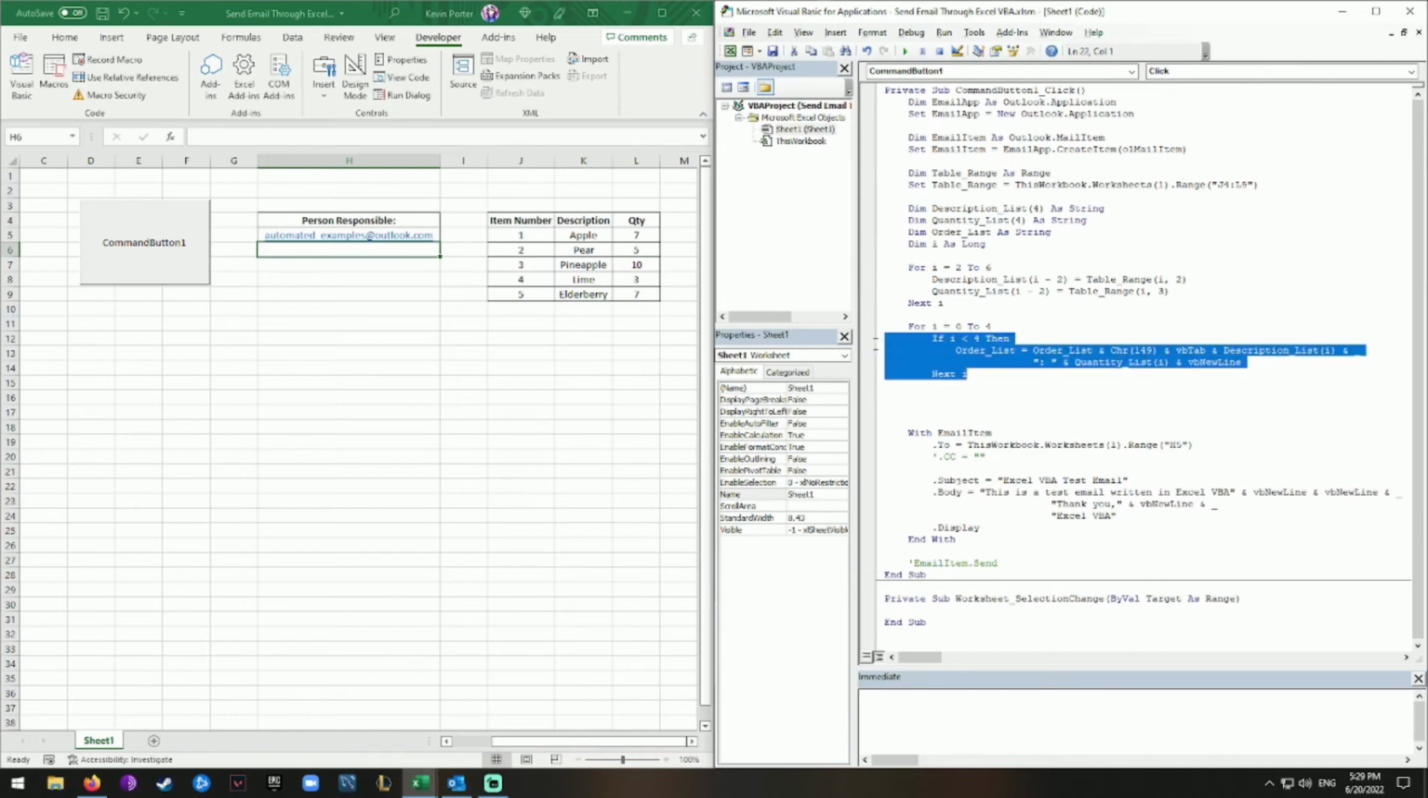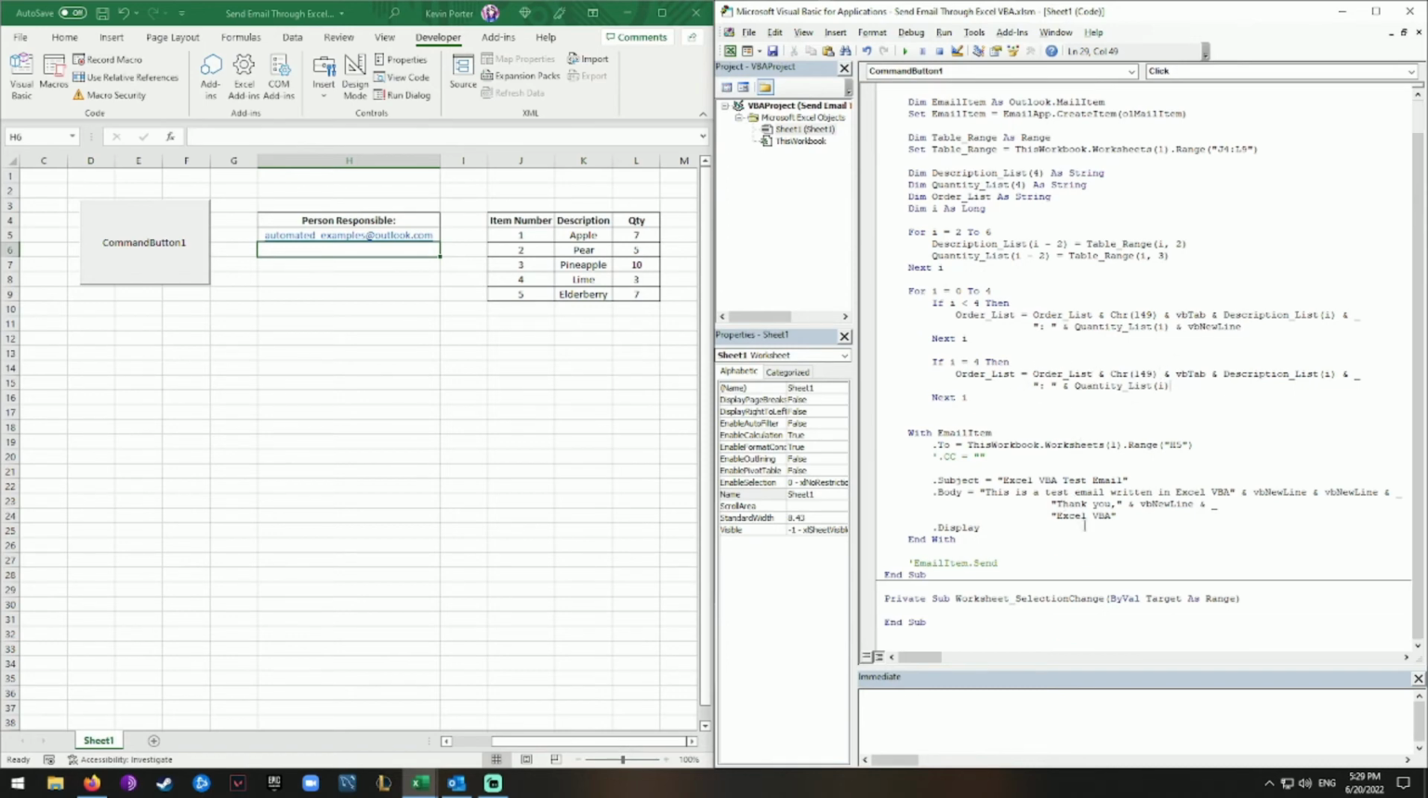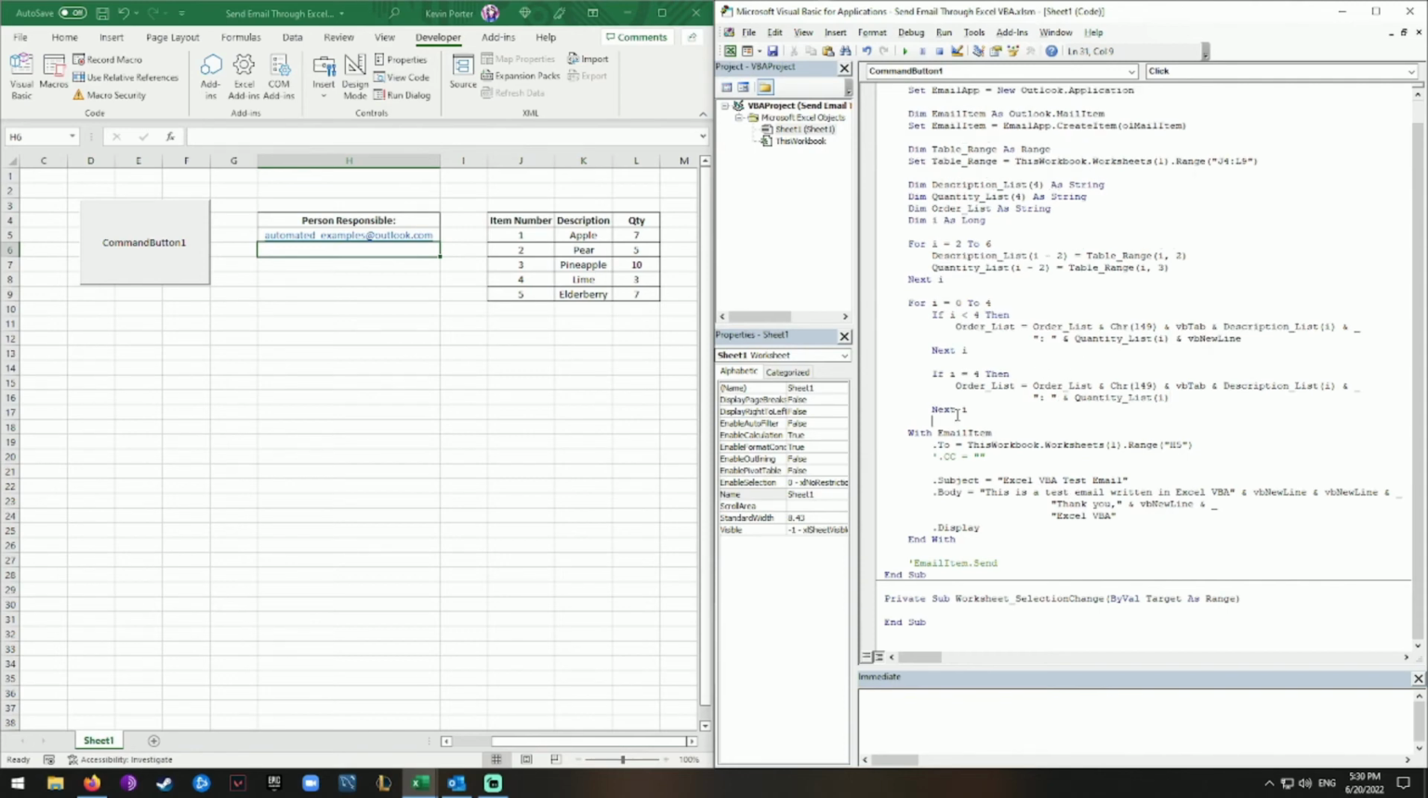And we're going to copy this over and say if I is equal to 4, and then remove this VB new line. So in this case, on the fourth one, there won't be an extra. You can leave it. We'll put it back over here in the email later, but I like to do this. Delete a space between those. And we're going to change this to